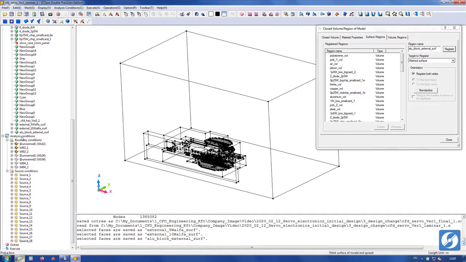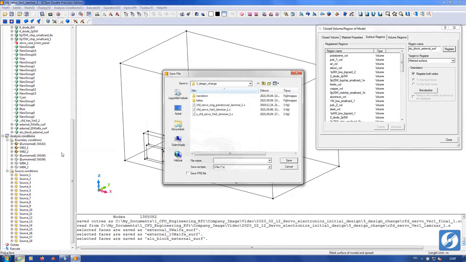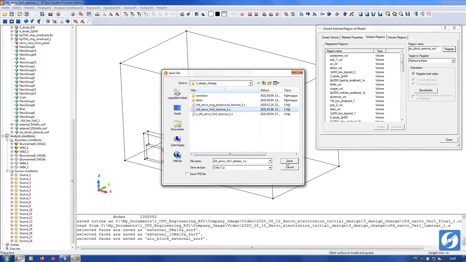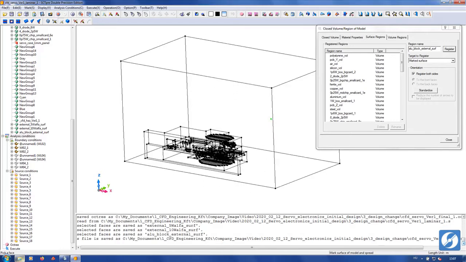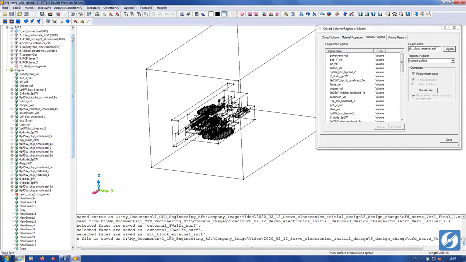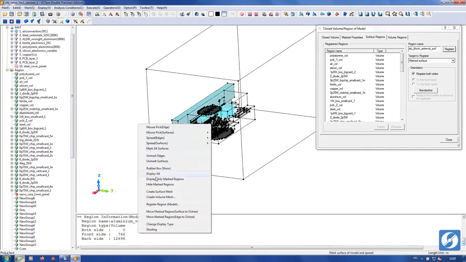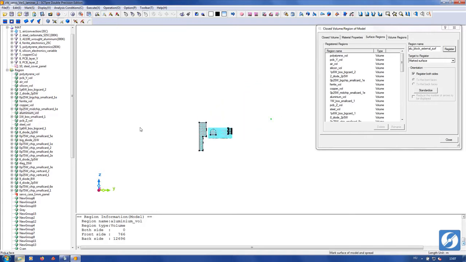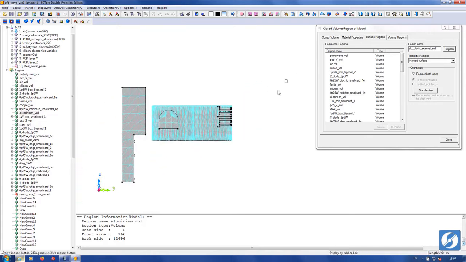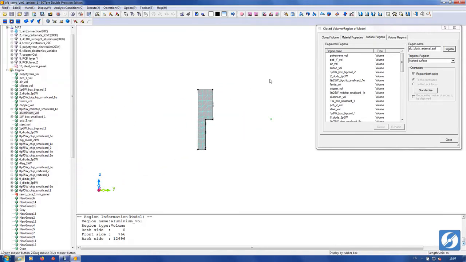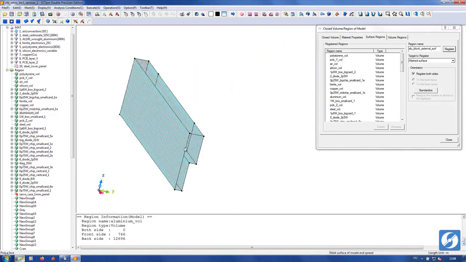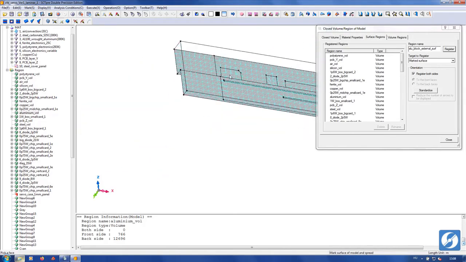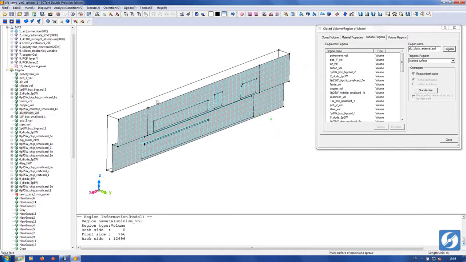When I save the settings file, the system tells me if any other regions are missing. These ones are related to the panel feature, so I do not want to delete them, but I go back to region registration instead. I set up the missing contact region on the big aluminum block and then reset the panel edge contact condition with the new contact region on the block and the new casing.